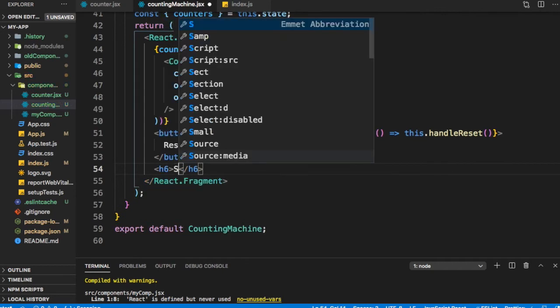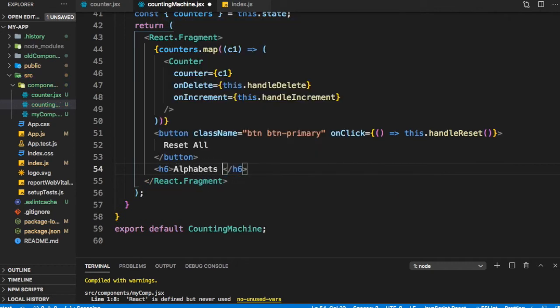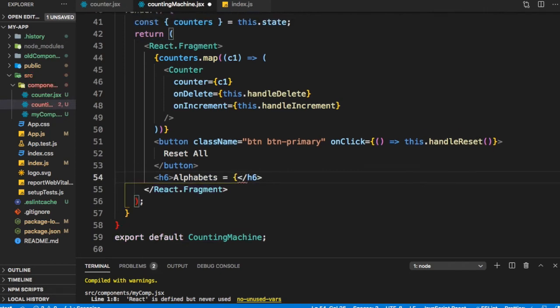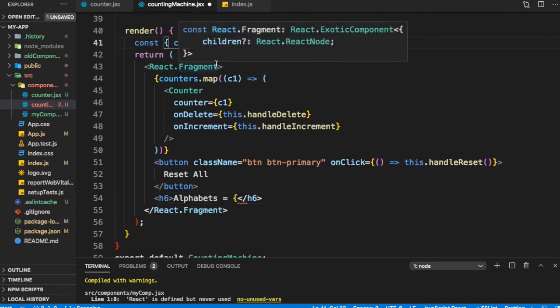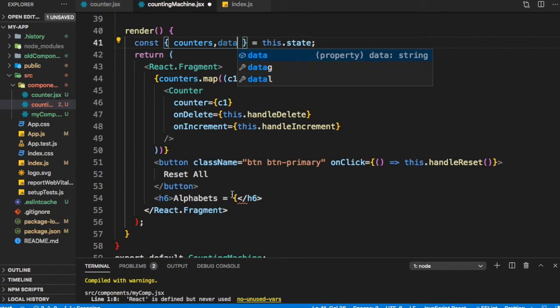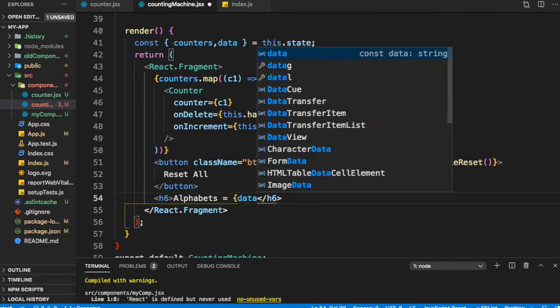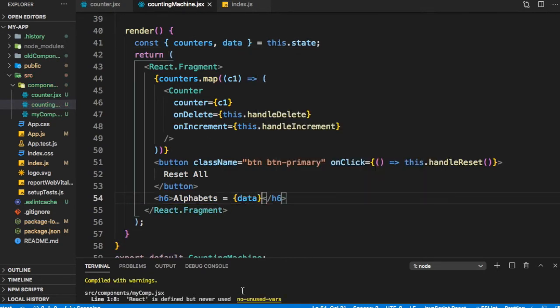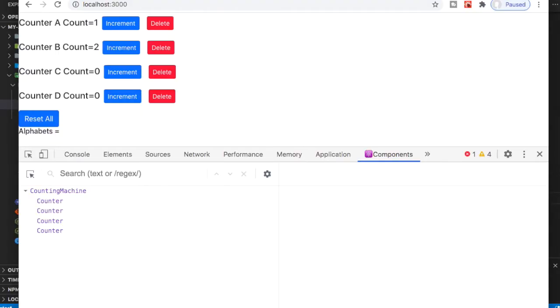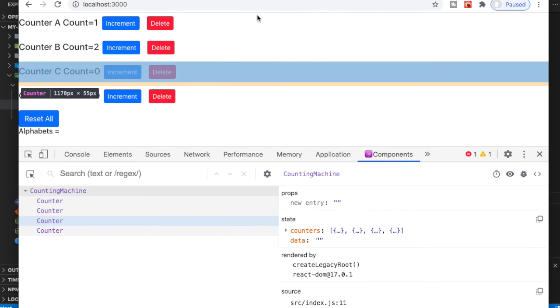h6 alphabets equal to, let's destructure data also. So this should work for us. So we have alphabets.